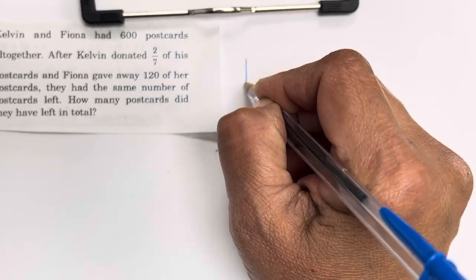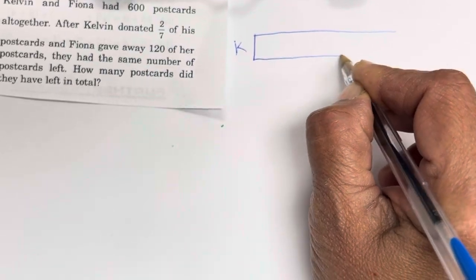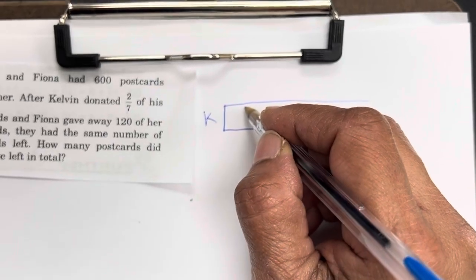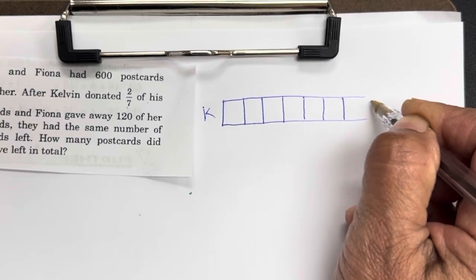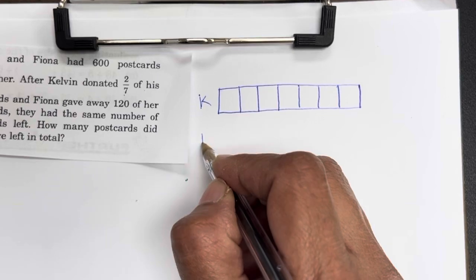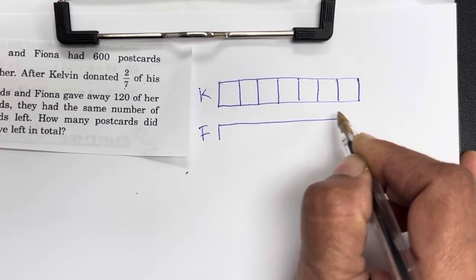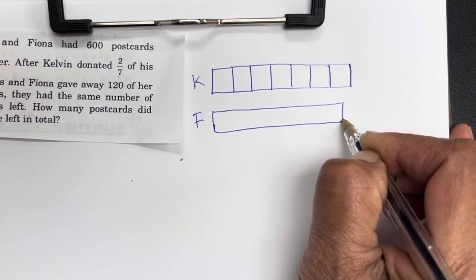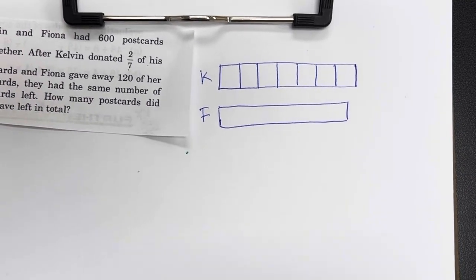We have Kelvin with some postcards. I'm going to divide it into sevens because he's donating 2/7 of them. So let's go ahead and do 1, 2, 3, 4, 5, 6, and 7. Those are 7 parts of Kelvin's postcards. Fiona has some postcards. We don't know whether she has more than Kelvin or less than Kelvin. Fewer, so we'll just draw a bar. We'll just assume that it's a little smaller than Kelvin's, but we don't know how many exactly